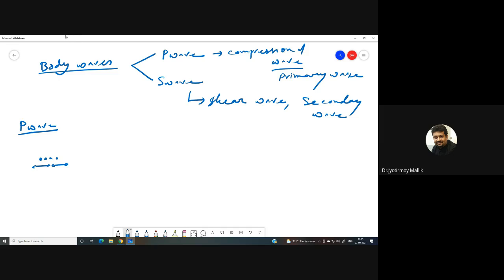Now, if this oscillation happens in a direction parallel to the wave propagation,